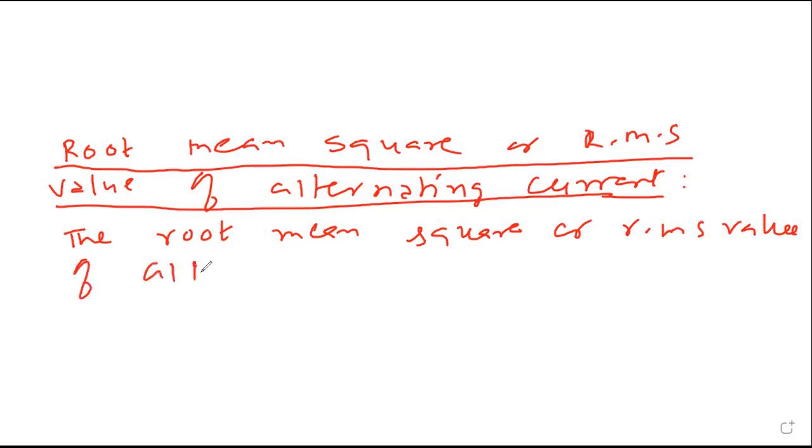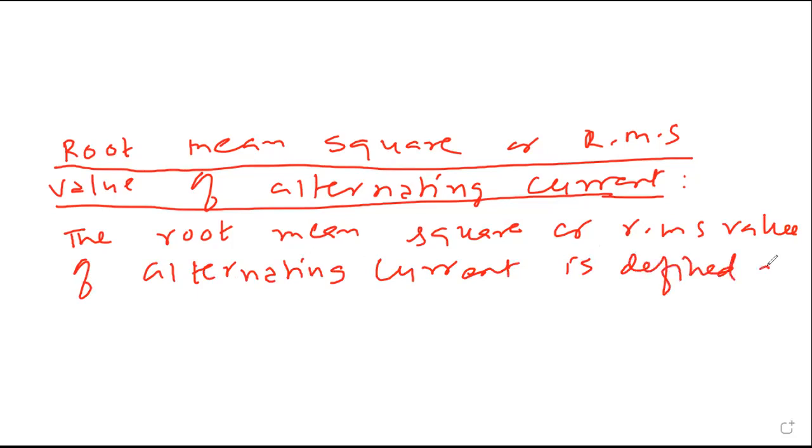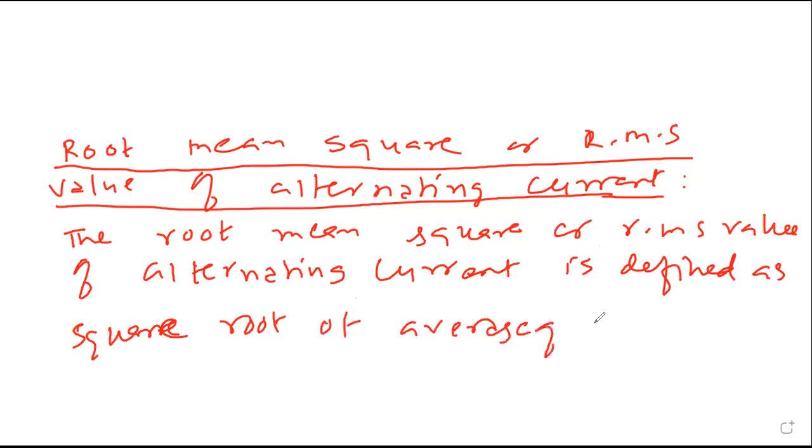of alternating current is defined as square root of average of I square, mean I square bar, average of I square, okay, I square